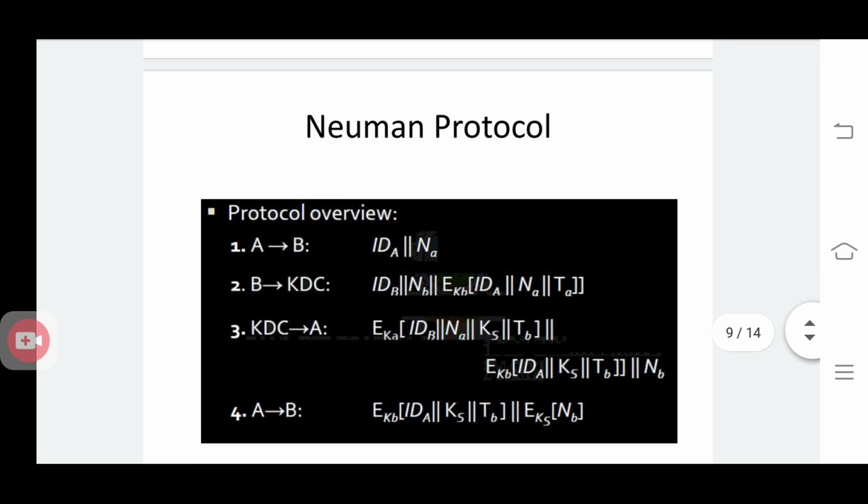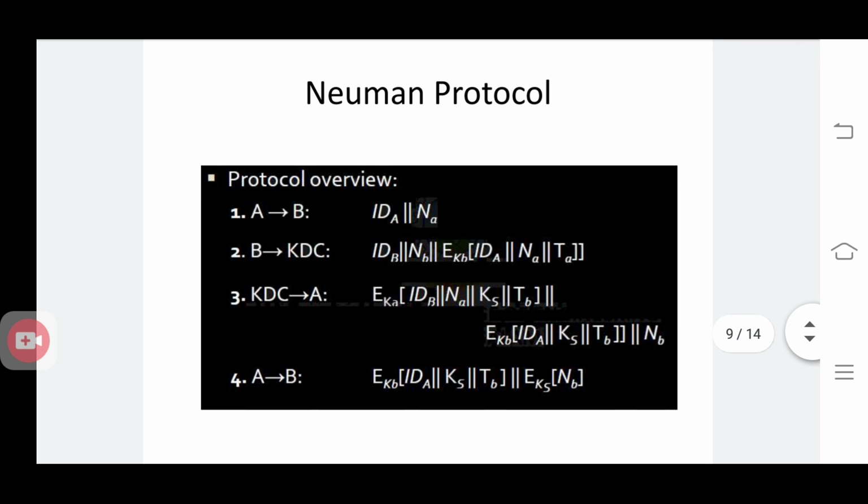Next, to avoid the small problems here, we are using the Neuman protocol. Here a timestamp mechanism is used. Okay, here also there are three communicating parties: A, B and KDC. So in between A and B,